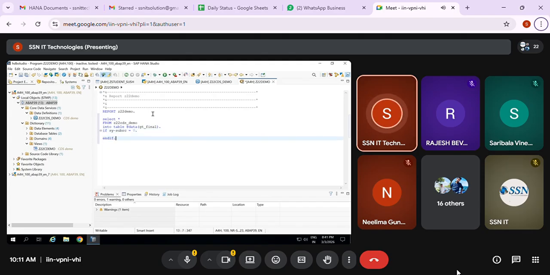In the last class I showed how to display using cl demo, that demo display, correct? Normally we are not going to use that. We are going to use the OOALV concept. What is that OOALV? Object oriented ALV concept. In that object oriented ALV, what do we have?